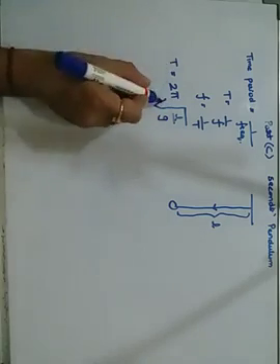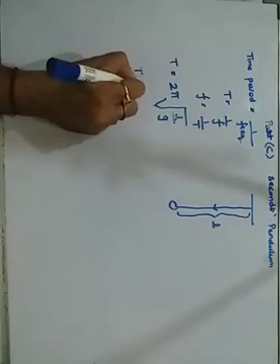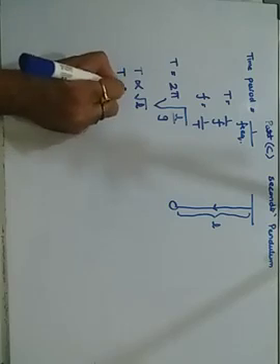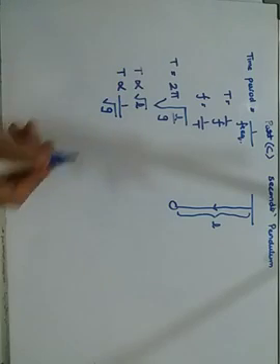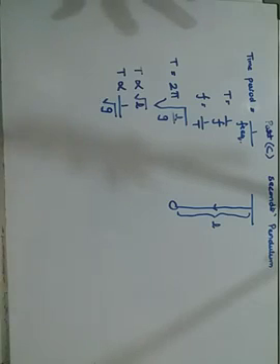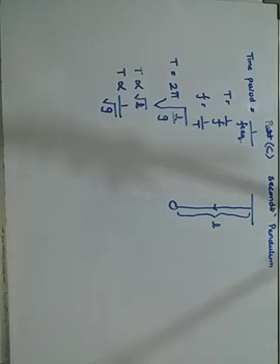From this relation, the factors affecting the time period are that T is directly proportional to the root of length, and secondly T is inversely proportional to 1 upon root of G, the square root of acceleration due to gravity. So these are the formulas. Just put them down on a separate page and keep them ready, so that you will understand which formulas are to be applied for which problem.